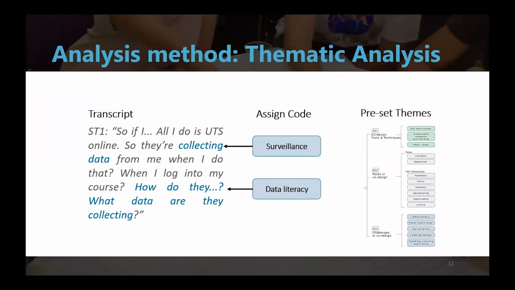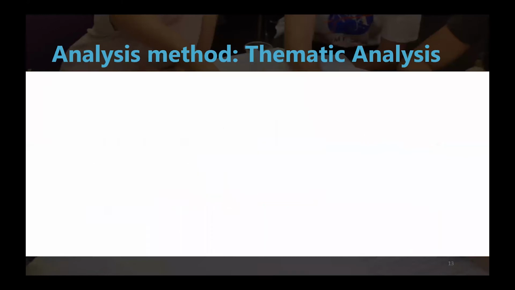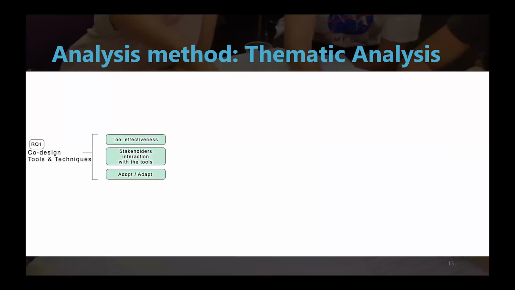For this, we use a qualitative approach to analysis methods, and we wanted to adopt established analytics methods using transcript analysis and thematic analysis. The first one is that we take conversations that happen between people collaborating, and we start to code based on our research questions. In more detail, this looks like we identify keywords and phrases that may look in context about one specific challenge. Our thematic analysis starts by looking at how effective the tool is that they are using, how the stakeholders interact with the tool, and how we can adapt or adopt the co-design tools for them to work.